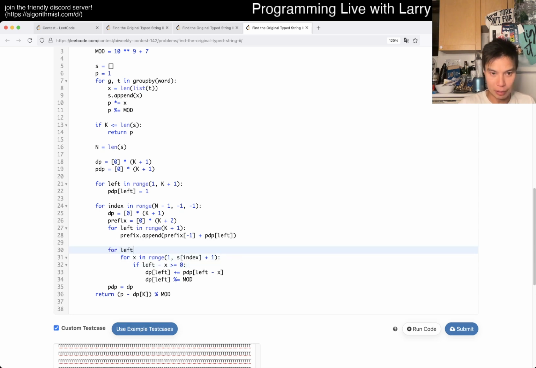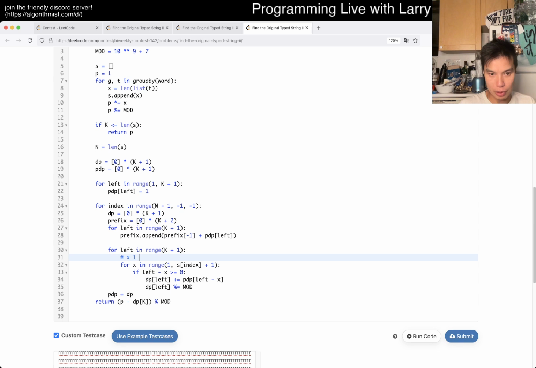But anyway, I have to do it in 2 different loops anyway. So now left minus x is greater than 0, so x actually goes from 1 to left, or 1 to s index plus 1.